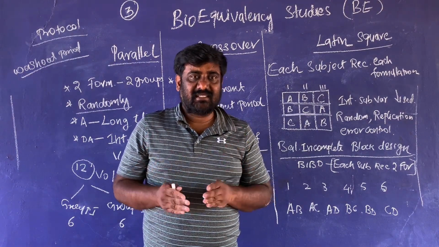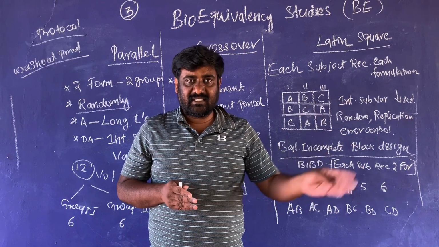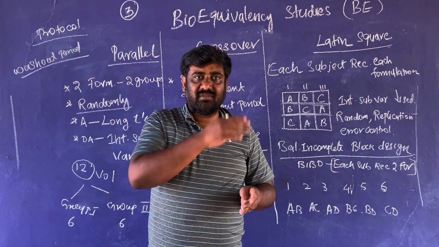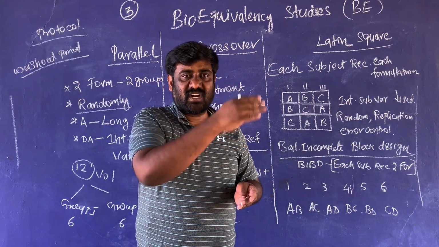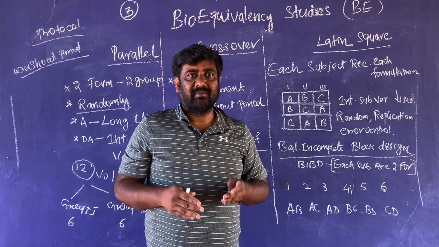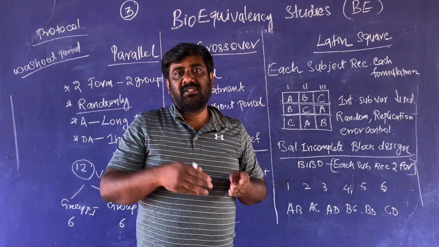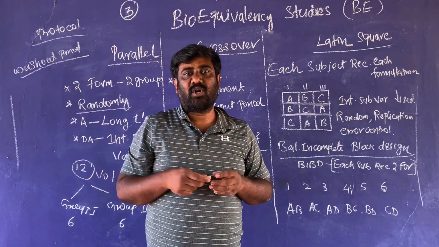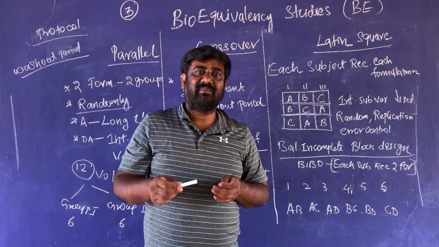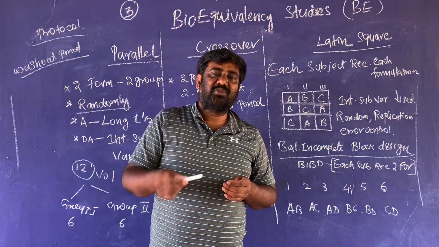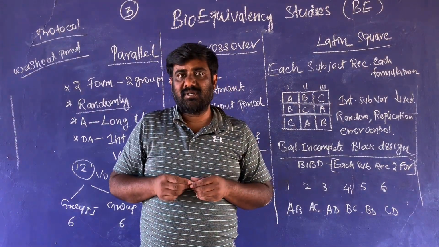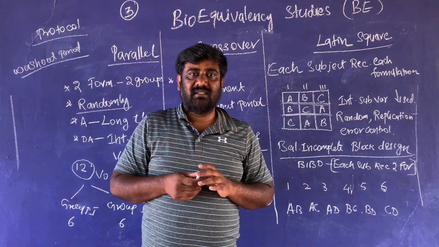By using that, with the time of sampling t, we will plot a graph. So we will get log plasma concentration versus time. This graph is plotted to check the pharmacokinetic parameters like Cmax, Tmax and AUC. The AUC can be calculated by any one of the suitable methods, and those are compared.